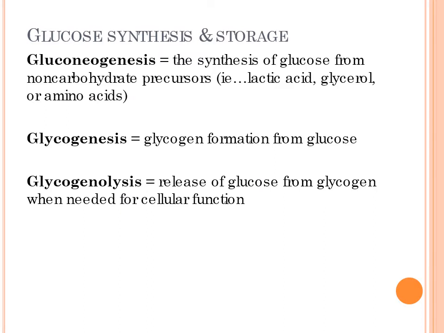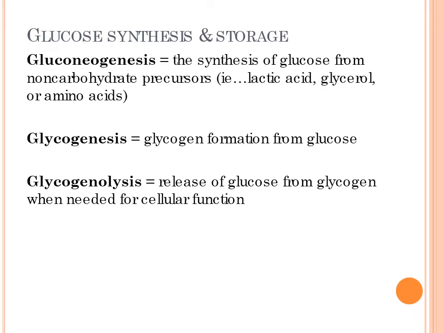An interesting fact that I forgot to mention on the last slide is, remember when we talked about the cytochrome, we said the cytochrome is an integral membrane protein within the inner membrane of the mitochondria, and it is part of the electron transport chain. So cyanide actually binds to the iron portion of the cytochrome, and when the cyanide is bound to the iron, it prevents the transfer of electrons throughout the electron transport chain, which means that you can no longer produce ATP, and that's why cyanide kills you. So I find that to be interesting.